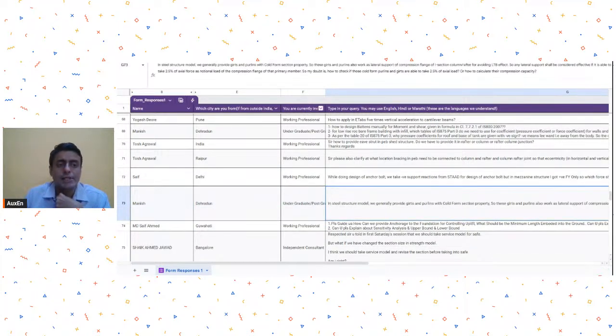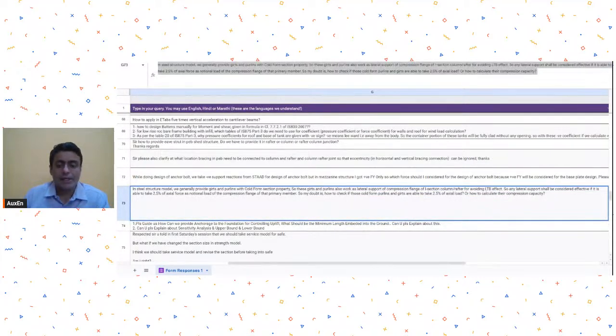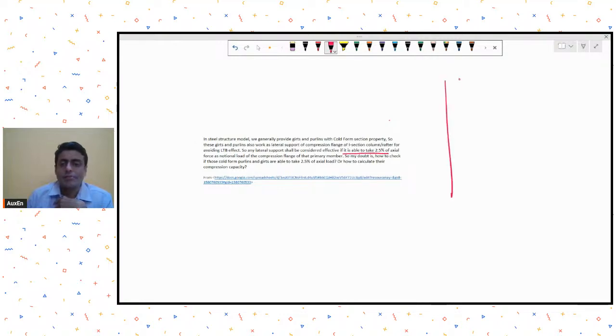He is basically asking about that 2.5% rule. When we say that a member shall be considered an effective member which can provide effective lateral support against lateral torsional buckling, we usually say that you design that particular member for 2.5%. So for example, if there is a beam in plan,